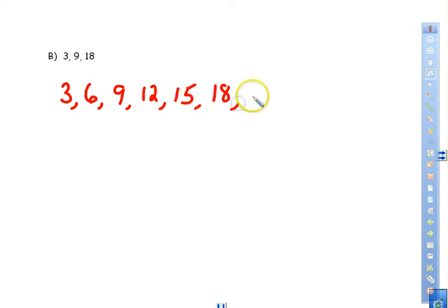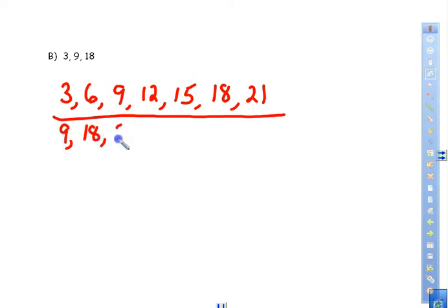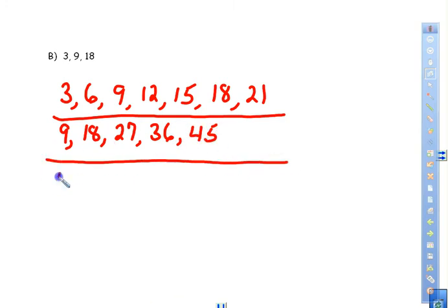So we start with 3, and so we have 3, 6, 9, 12, 3 more is 15, 3 more is 18, 3 more is 21. We'll stop there, and then we'll continue on if needed. And then we have 9, 18, 27, 36, and 45. And then we have the 18. So 18, 36, 54. And if we need to keep adding that on, we can look at 54 and say, well, that